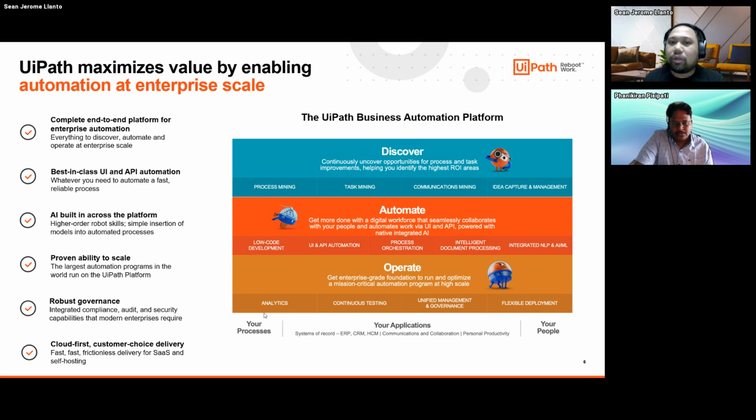alike. When we talk about the automate pillar, it's basically the capability of UiPath to leverage the use of user interface automation together with API capabilities to perform the automation in the processes that are being developed or being automated. And this is where